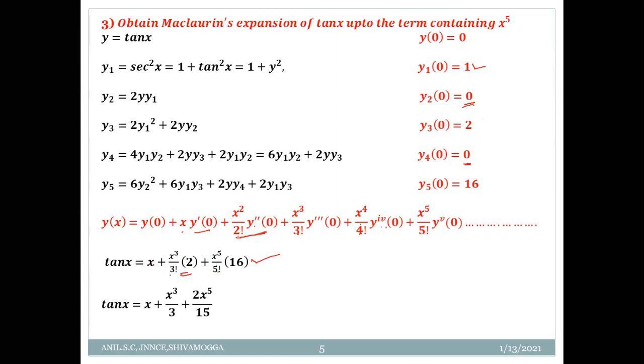Therefore, this is equal to x plus x cube divided by 3 factorial is 6. 3 into 2 into 1 into 2. Plus x power 5 divided by 5 factorial is 120 into 16. Therefore, this is equal to x